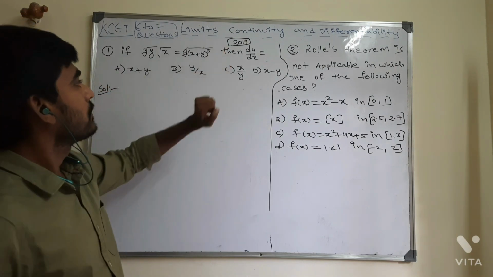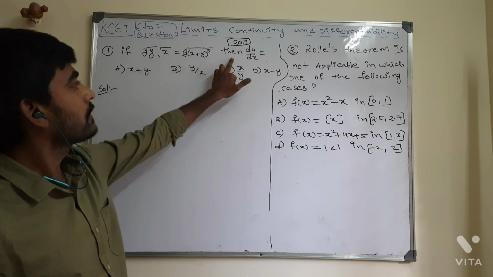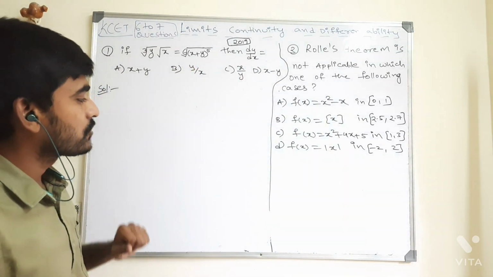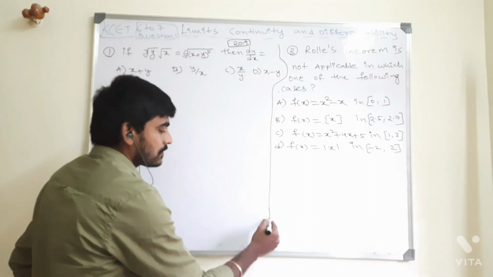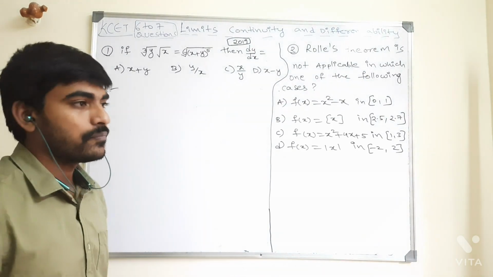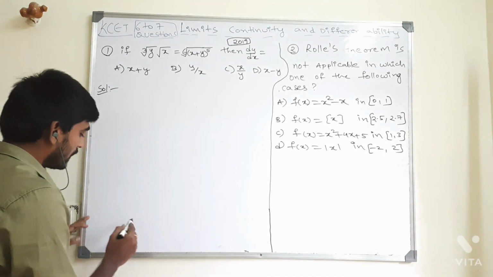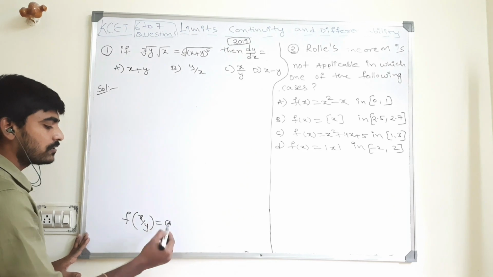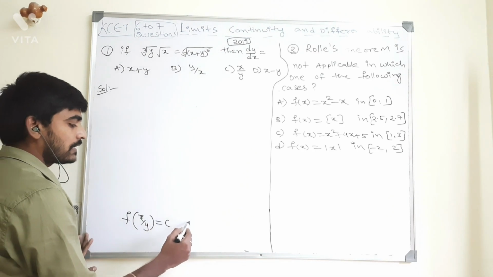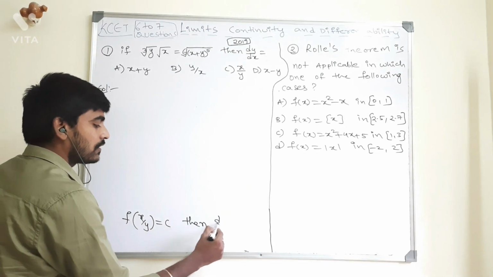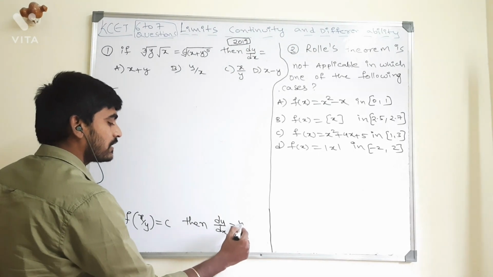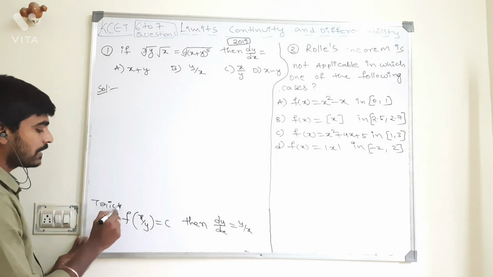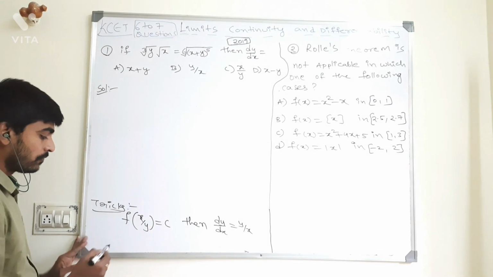So in 2019, they have given this question, and they are asking me to find the dy by dx value. It is actually a standard question. To solve this, I know two tricks. The first trick: if the given question is in the form of f of x by y equal to c, then dy by dx I can say is y by x. These are time-saving results; first you should learn the tricks.